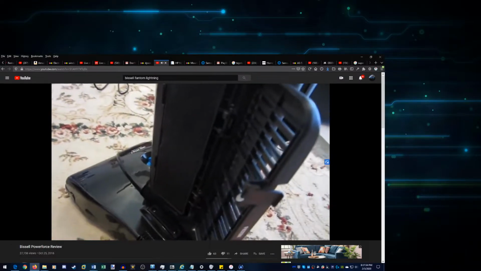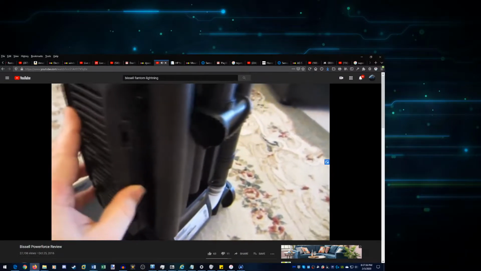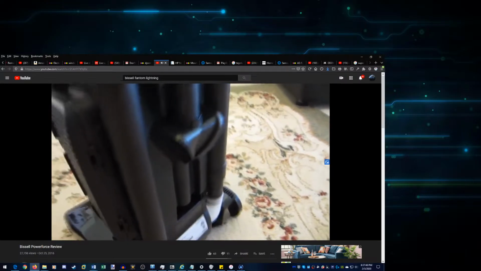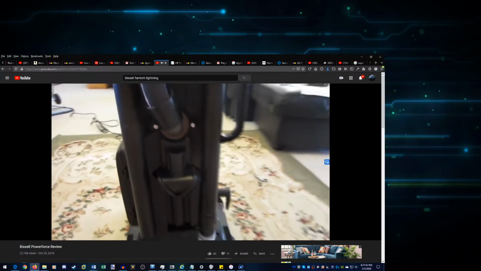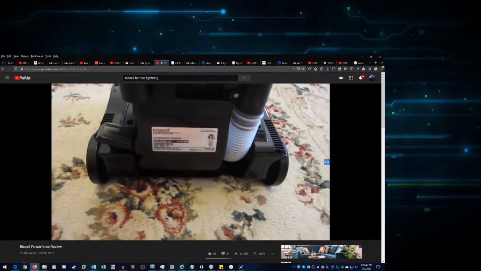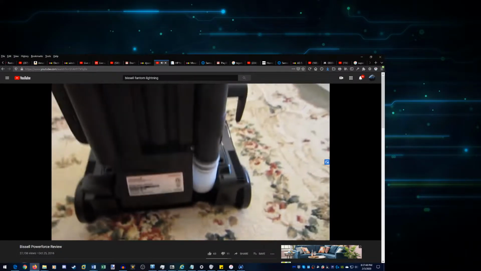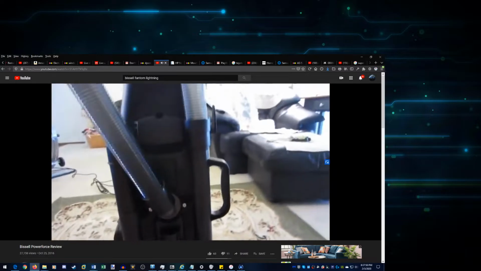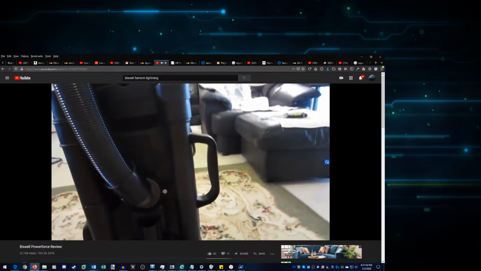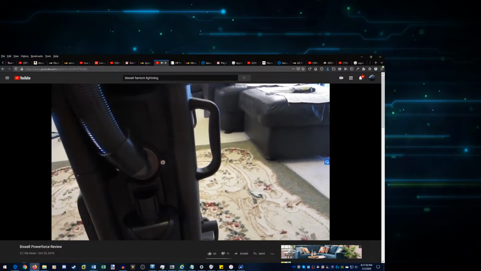Luckily, this one doesn't have any scented anything else other than that bag. It's just a plain old post-motor filter in here. I'm really shocked how much they cheapened this by. I haven't really had hands-on with one of these newer ones, but I'm just shocked how cheap everything